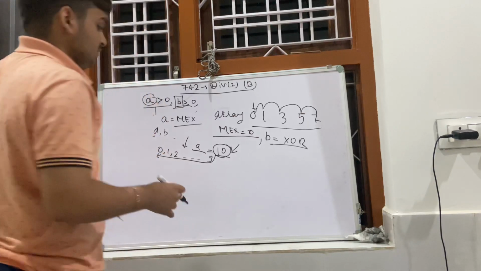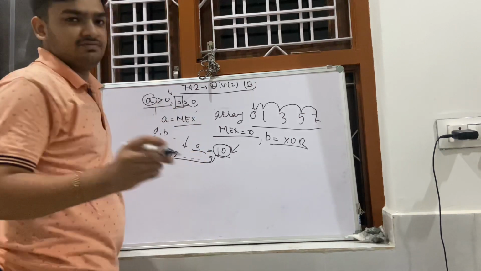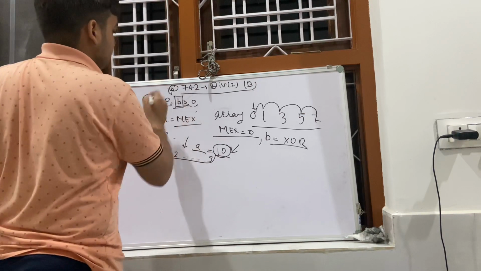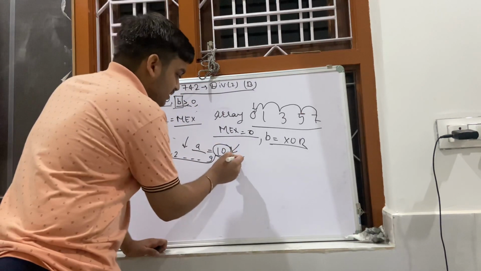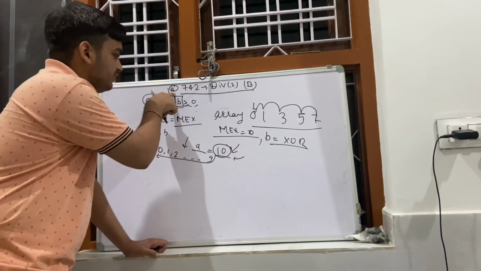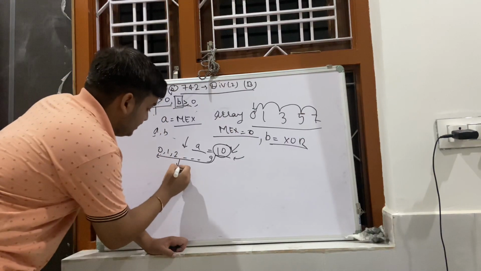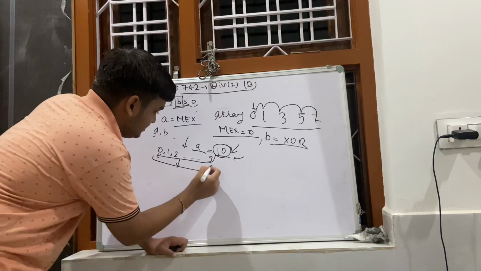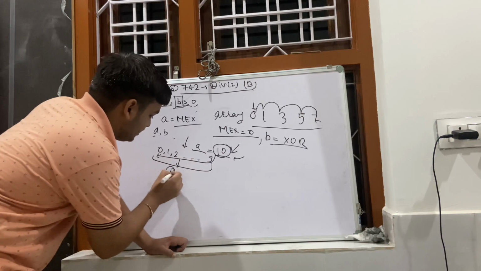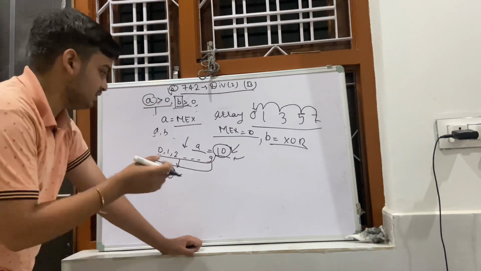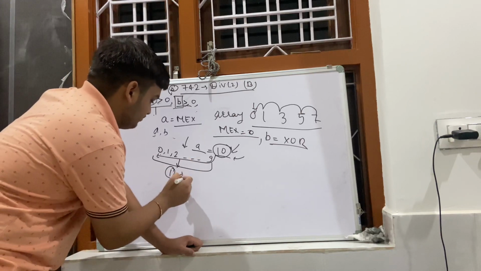Okay, now come to the second part of this question, where we have been given the b value. I need to include some element that will give me the b value, which is the XOR of all the elements. So what do I have to do? I need to check the XOR of these elements. Let's say the XOR of these elements comes out to be 1. I solved this on pen and paper.